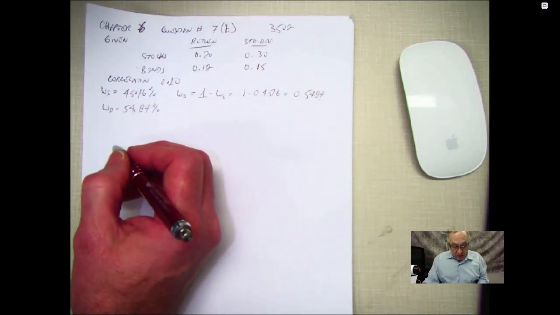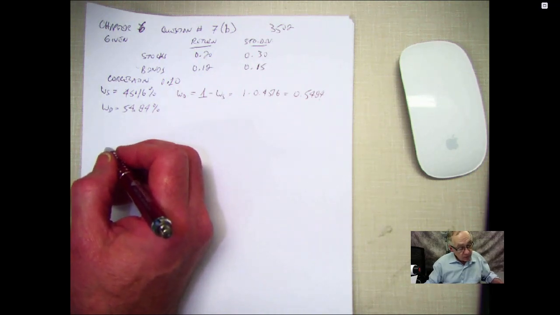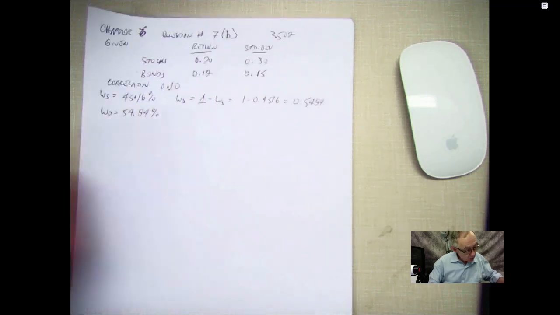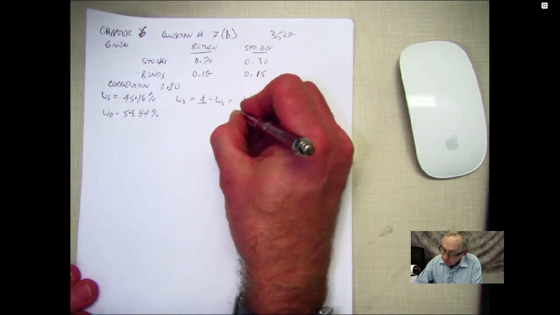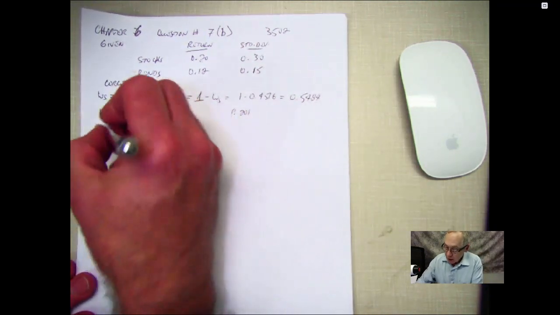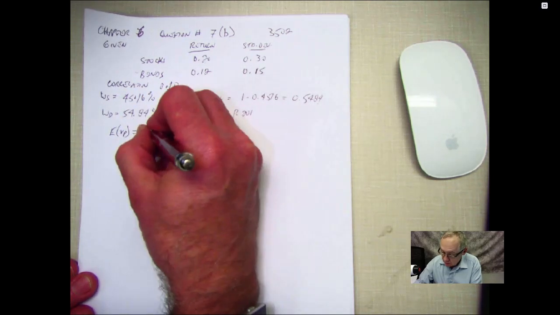Now, the next piece for B was asking for the risk. On an optimal risky portfolio, after we found the preferred weights, what would be the return and the standard deviation of the portfolio. And that takes us to page 201 of our textbook. Okay. Our weights, so the expected return on the portfolio is, let's